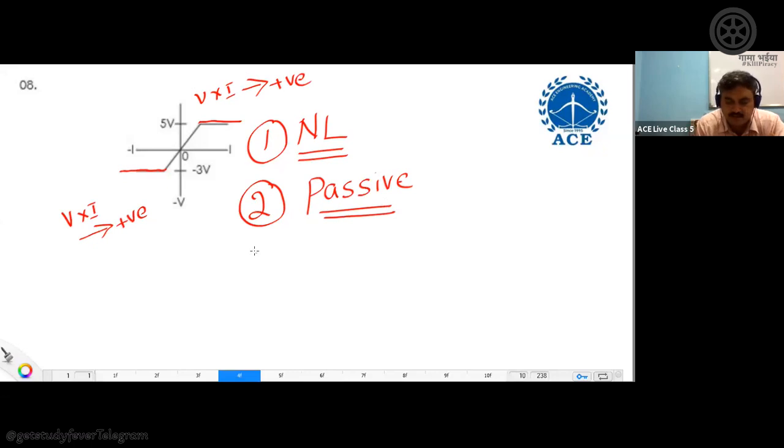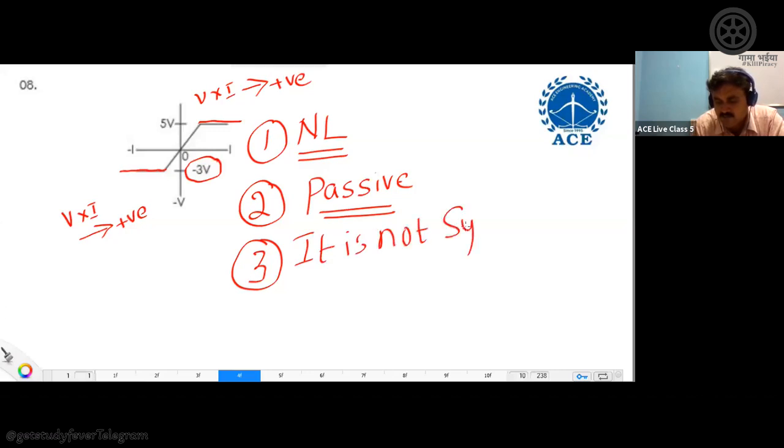Okay. Third one, is it unilateral or bilateral? Image of first coordinate is 3, image of second coordinate is 4. So if you observe very carefully, you might make a mistake here. In the third coordinate he did not give you -5, he gave you -3. If this would have been -5, then you would have gone for bilateral, but it is not bilateral. You can see the characteristics are different. First coordinate it is different and third coordinate it is different. So it is not symmetrical. It is not symmetrical